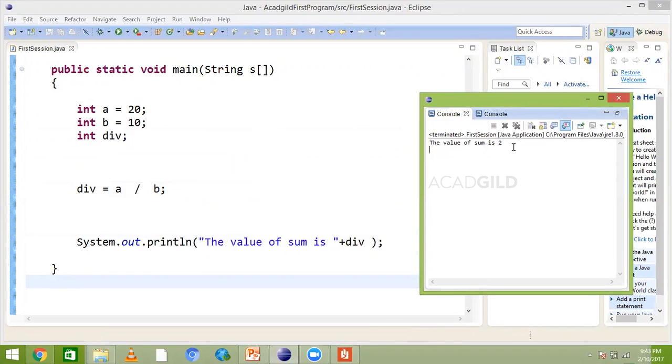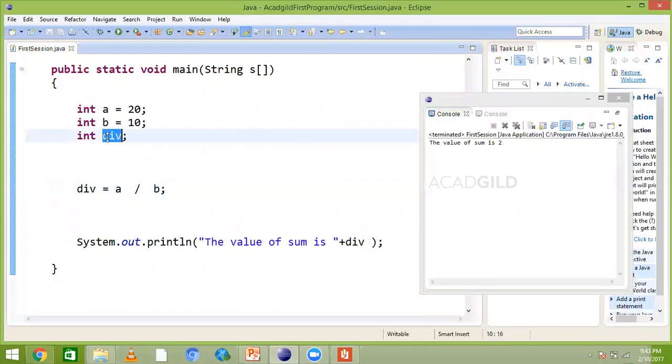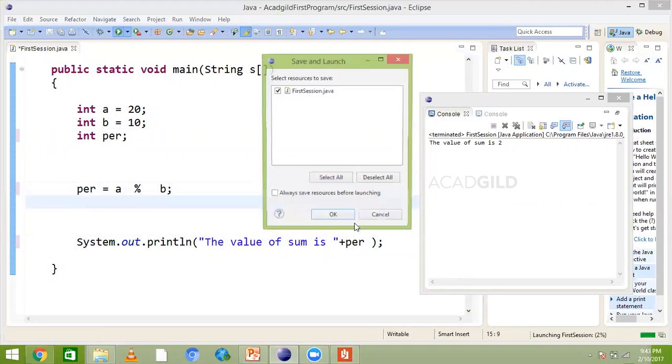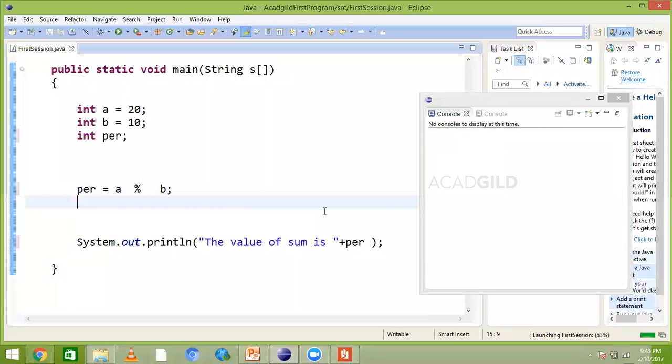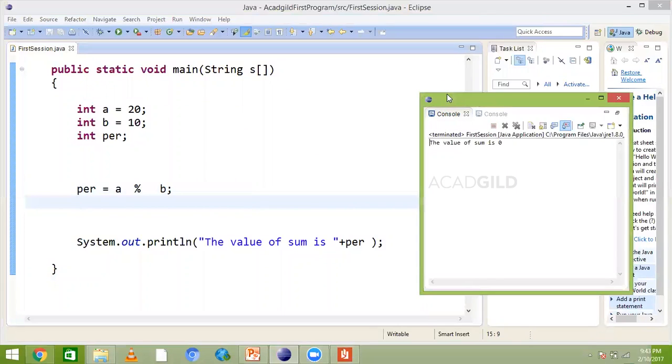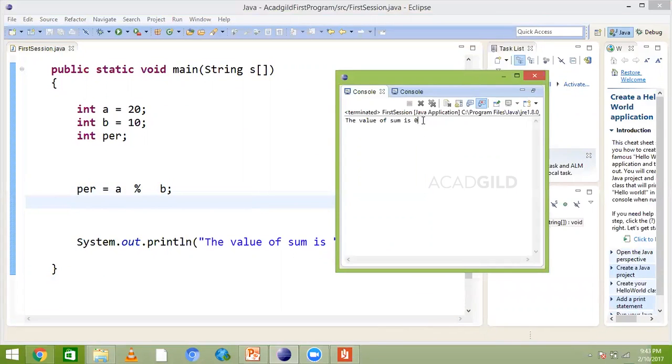Okay. So what about the percent operator? What is this? See here. It is the most important. This is simple percent. So say PR, and this is your percent sign. Okay. When you run this, yeah, there's a remainder. Good. It gives you 0. That means 10,